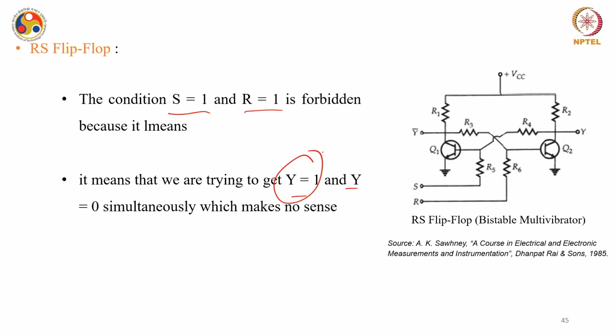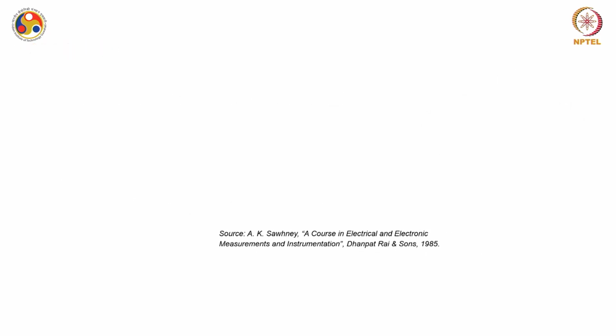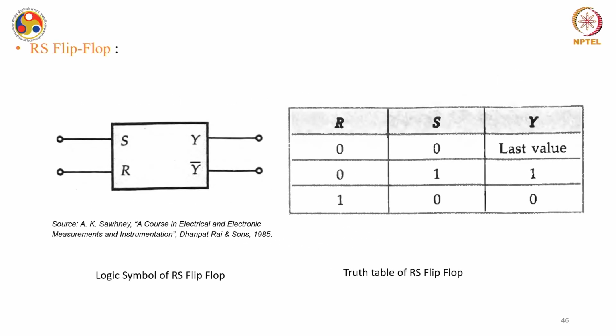Either you can have y equal to 1 at one time or y equal to 0 at one time. You cannot have 1 and 0 at the same time, right? Therefore, this condition is forbidden. So, usually these flip-flops come with a truth table, and this is a logic symbol of an RS flip-flop, for